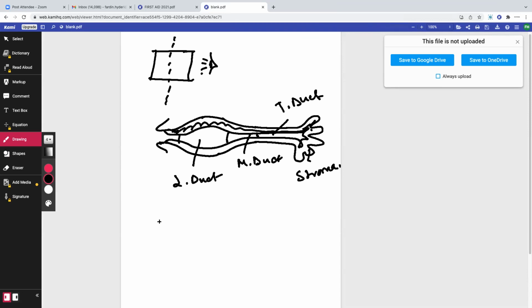Now, there's a question in your Step 1 exam: where do the different sorts of diseases arise from? For example, if this is the lactiferous duct, if this is the major duct, and the green is for the terminal duct. The lactiferous duct is the area closest to the opening of the breast, right? So this is the area where patients are more likely to have mastitis